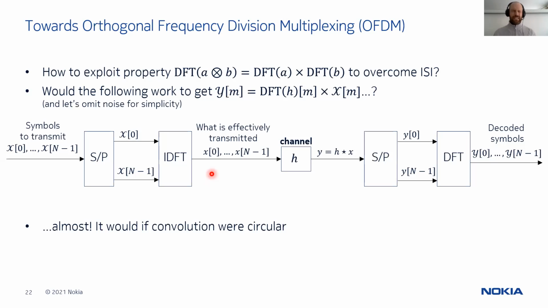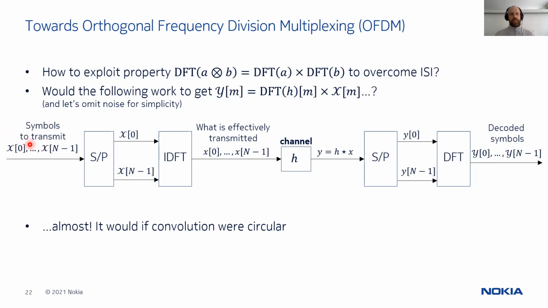Why? Let's try to put in practice this property onto the wireless channel that we saw before. So imagine that we do something like that. We have something to transmit, that is this calligraphic X. Before it was X, now it's calligraphic X. It's basically the same thing. I call it calligraphic X because one has to think as if it were in frequency, as if it were the DFT of something.